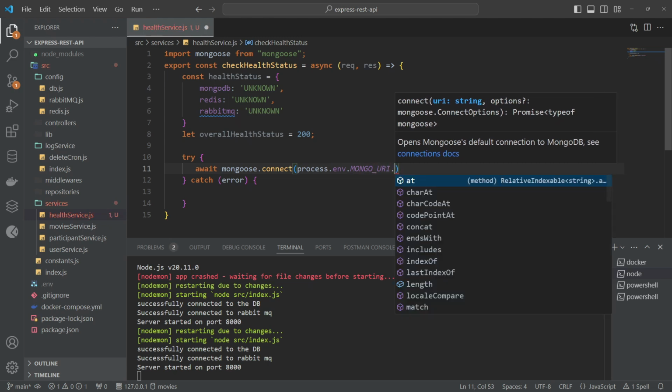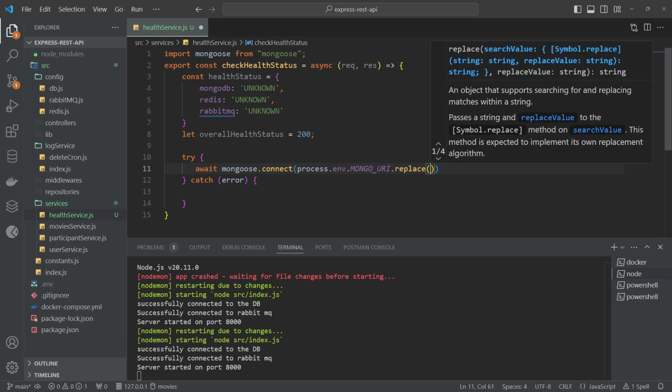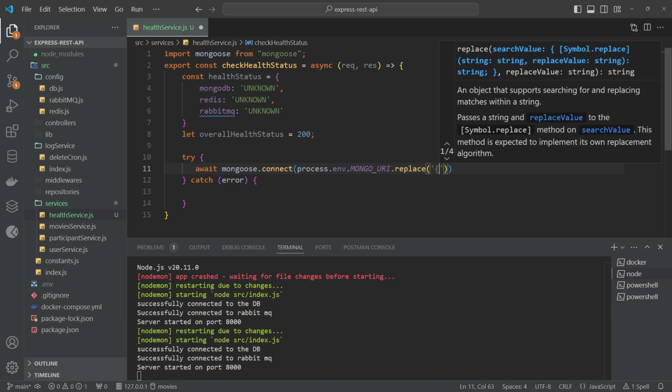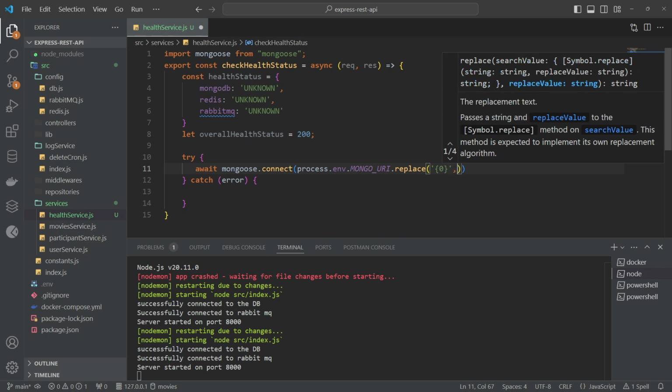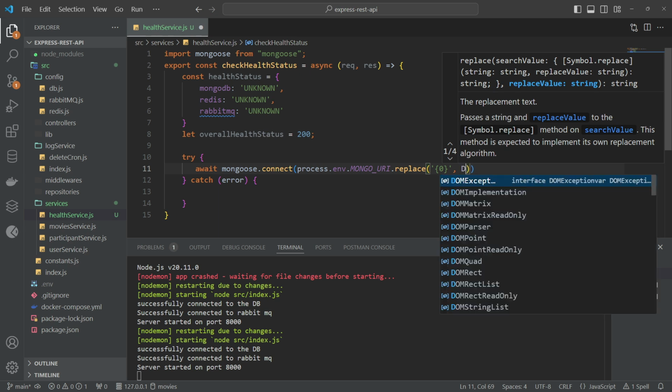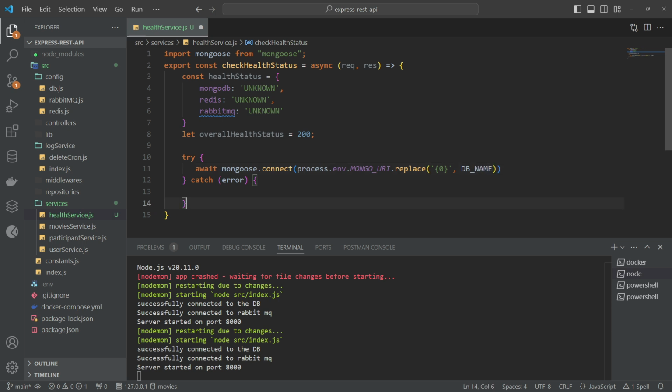And we have to pass the database name. So I'll say replace, and we'll replace the curly braces 0 with the DB_NAME, and we'll import this DB_NAME